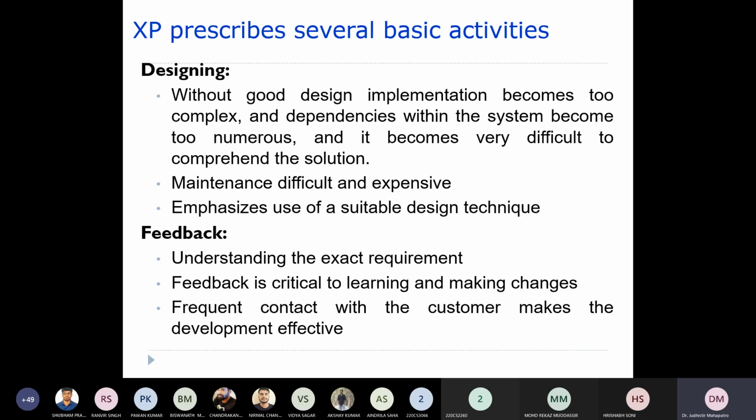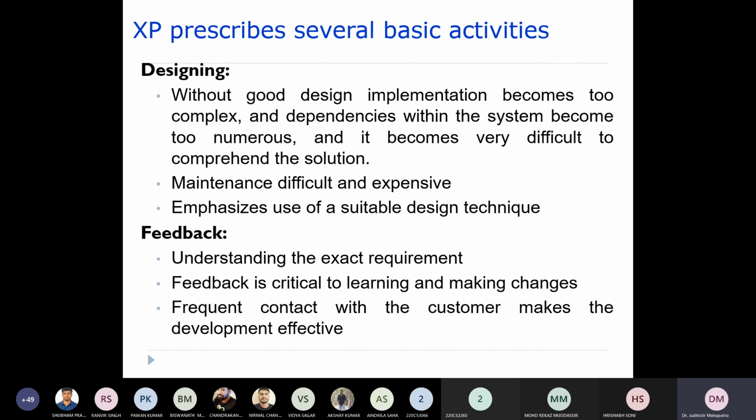Unless we correct the fault at B, you cannot run modules A and C, because they are dependent. This creates a lot of difficulty during maintenance.